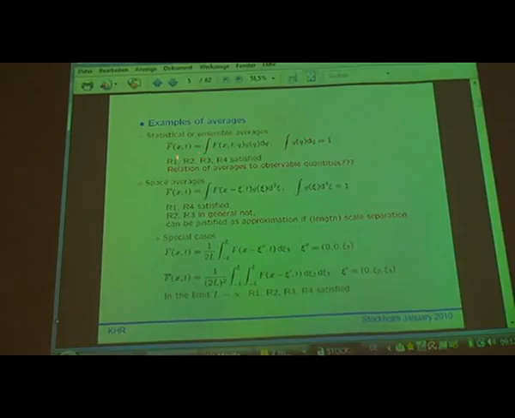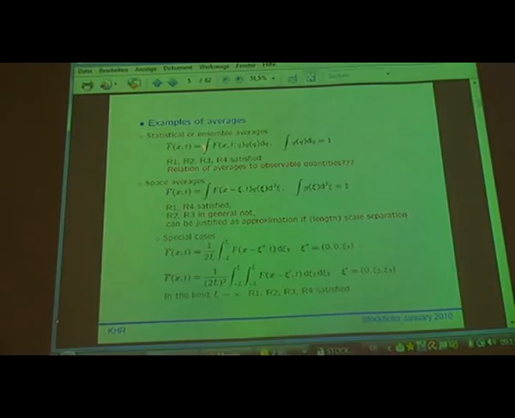Then, fortunately, all four rules here are satisfied. It is a big advantage of this kind of average, but it is not clear from the very beginning what is the relation between the so defined averages and observable quantities. We assume as a rule that this average is the same as a space or a time average, but it is an open philosophical question.